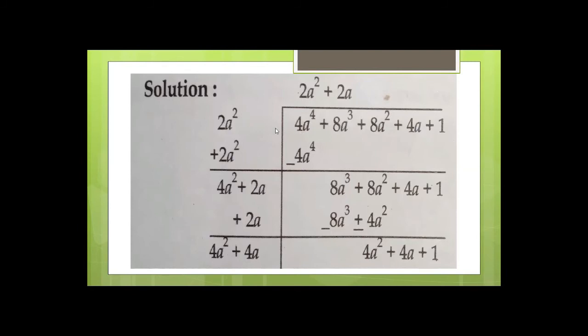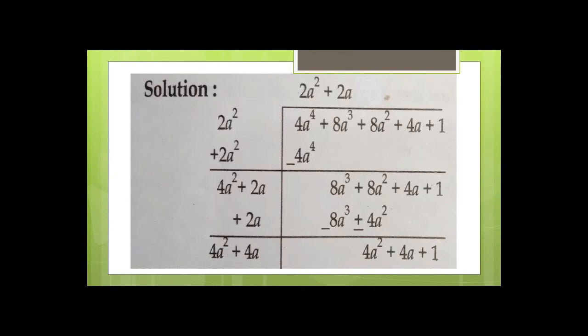So write 2a square, the square root of the first term, 3 times: 1, 2 and 3. And here you will add 2a square with 2a square, and you will get 4a square. Okay, and here you will multiply first: 2 2s are 4, and in multiplication you add up the power, so 2 plus 2 again becomes 4a4. So here you will subtract, so plus minus will cancel each other. So here the first element is 4a square, and here they cancel each other.